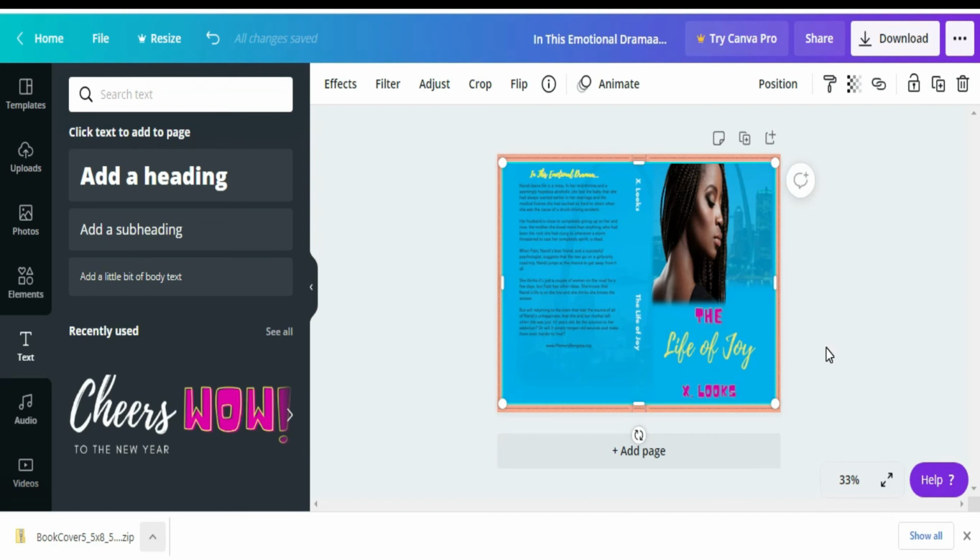But also remember, when you do your calculations, you've got to include the spine as well, which is based off the number of pages, and whether it's cream or white. Mine is cream. Mine has 227 pages. And so this is good to go. And once again, on here, just be careful to leave the spot for the barcode. So now what I'm going to do is